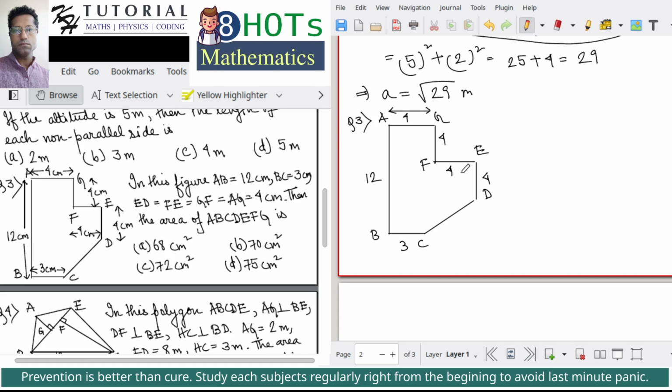This is 4. Okay, fine. Now, definitely we can see from the given figure that these are all right angles. Okay, so if I draw a line parallel to AG, FE or BC from D, that is a line perpendicular to the side AB,